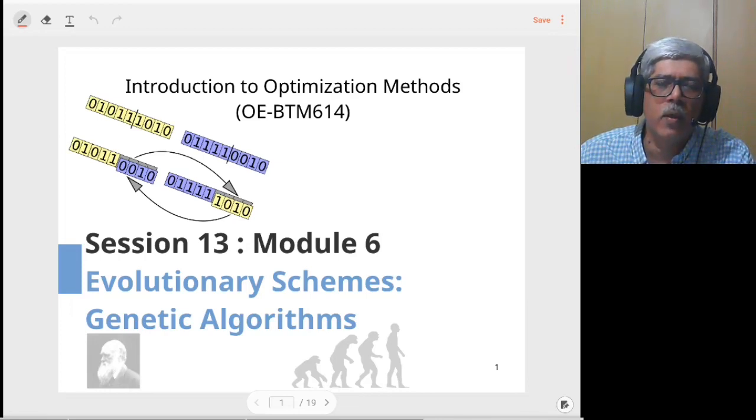So using these three operators, we have seen that it works beautifully for the problem that we have often referred to in this particular course, that of the minimization of the Himmelblau function. It works pretty well and gives you a good solution. And I am giving you the Python code, which you can study and play with, and you can understand how this genetic algorithm works in practice.